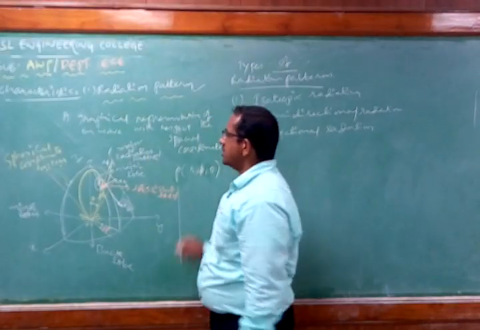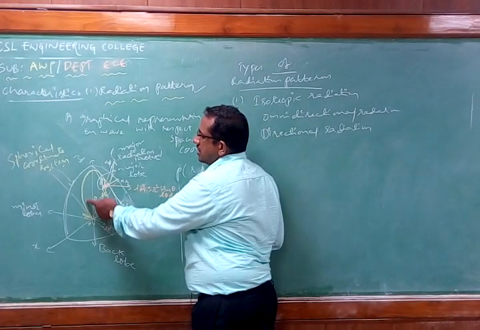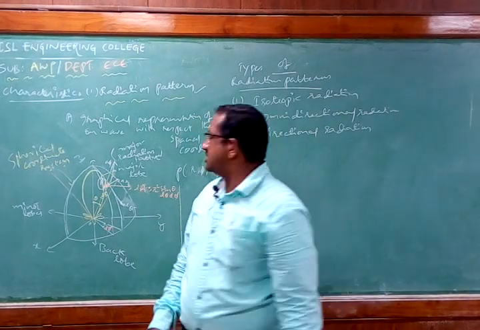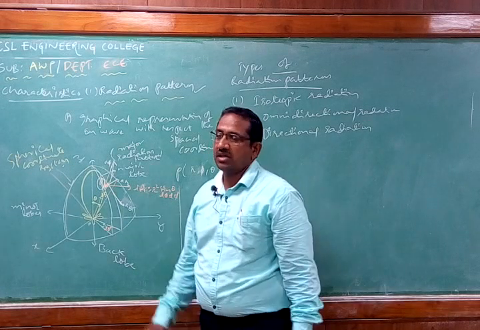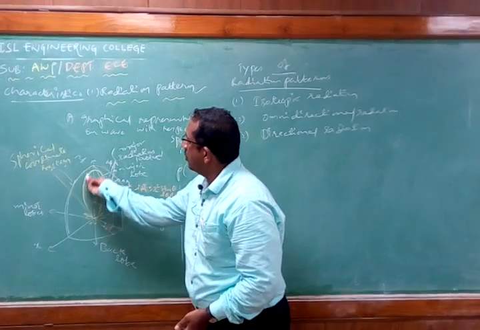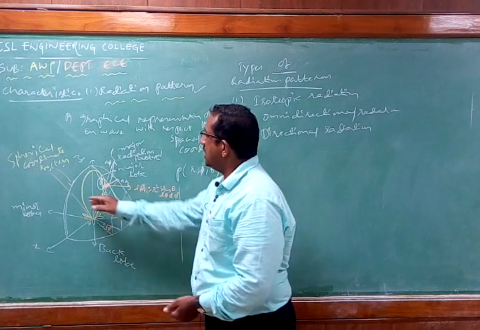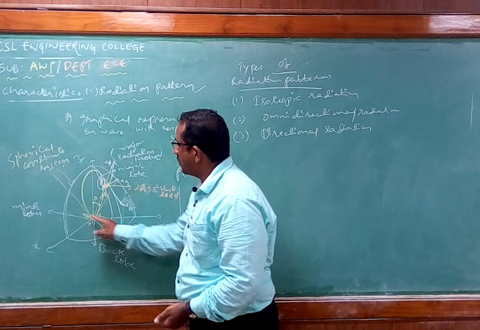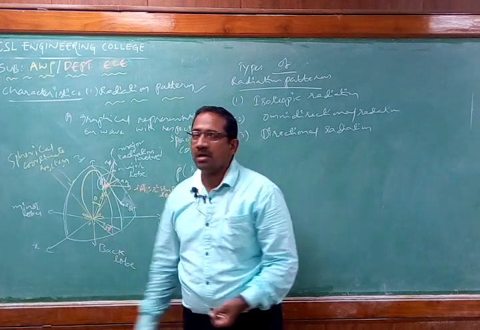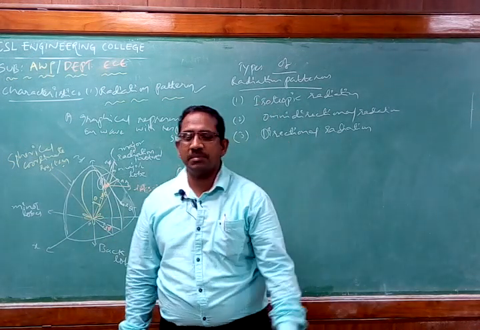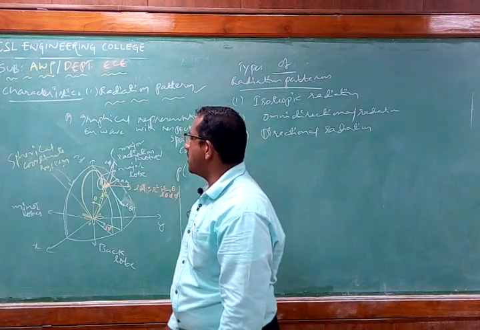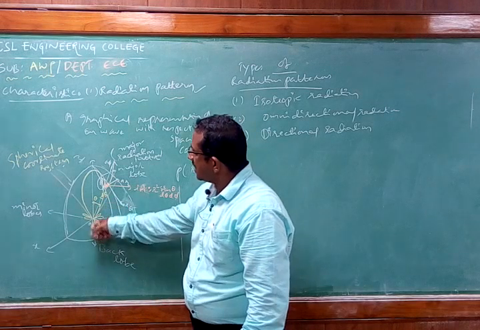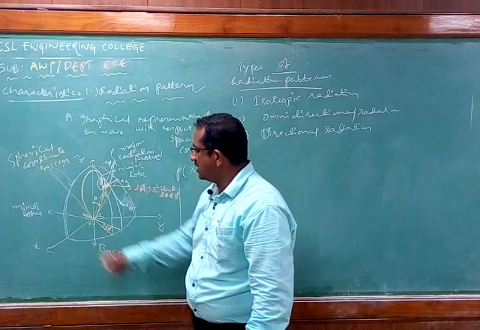So what do you mean by major lobes? Whichever radiation is going to be more, whose intensity is going to be more, that particular radiated signal is simply called a major lobe for us. Therefore, this blue balloon that I have drawn here is called a major lobe, right? Then all the small things here, whatever I have drawn here, are going to be called minor lobes. Some people call them side lobes, some people call them minor lobes. So I call them minor lobes. Then the lobe which is exactly opposite to the major lobe is known as the back lobe.